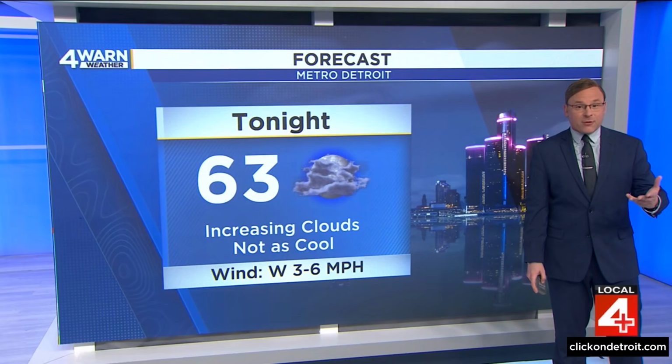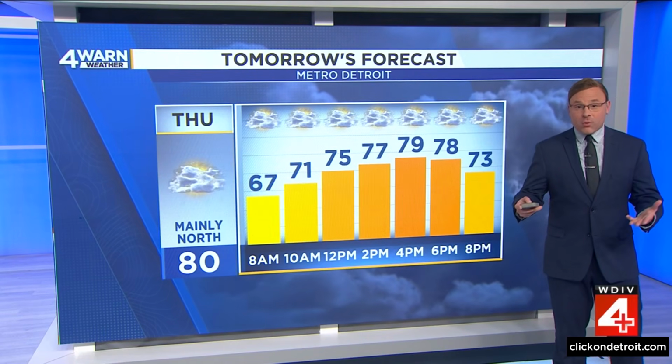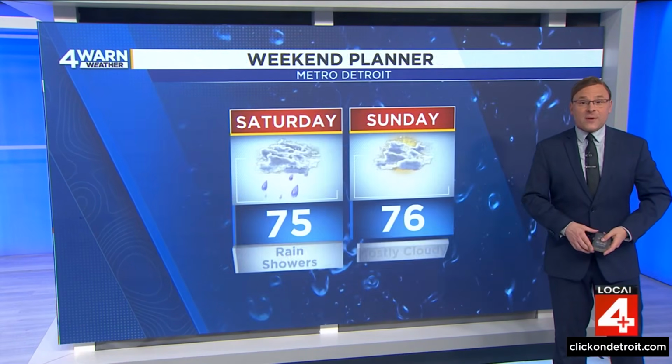We'll drop to 63 tonight, increasing cloud cover, especially after midnight. Not as cool with that west wind at about 3 to 6 miles an hour. 60s out the door early tomorrow morning, 70s by lunchtime. We head for right around 80 degrees with a few showers north of Metro Detroit as we head into early